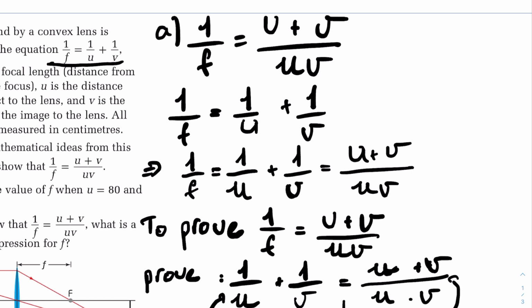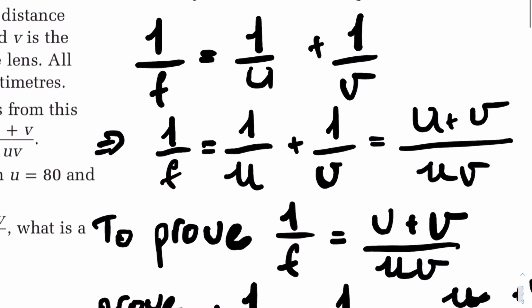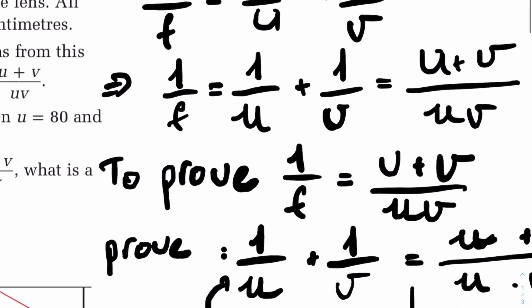And we already know that 1 over f equals 1 over u plus 1 over v. Therefore, 1 over f equals 1 over u plus 1 over v equals (u plus v) over (u times v). And because of that, we can easily prove